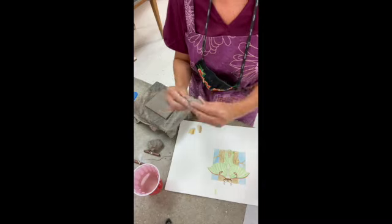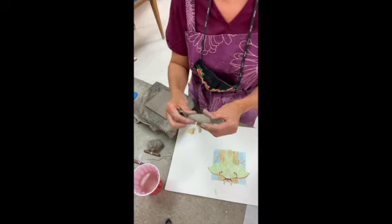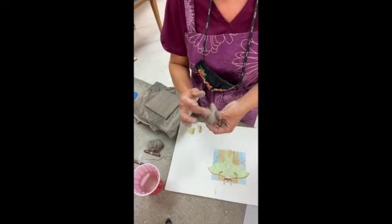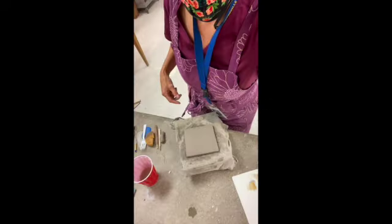Molding, shaping, pinching. So I have the body of my moth, and that is a 3-dimensional sculpted form. That's a very simple sculpted form. I'm keeping it simple. But now I have to hollow it out. What does that mean? Hollowing it out,